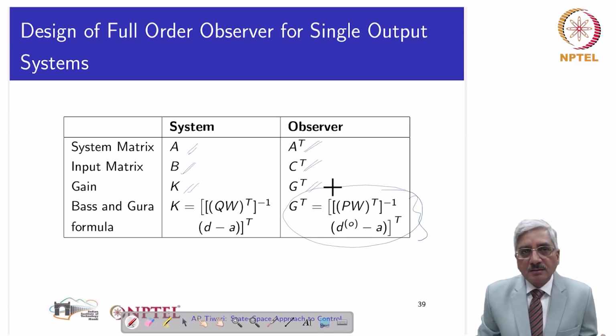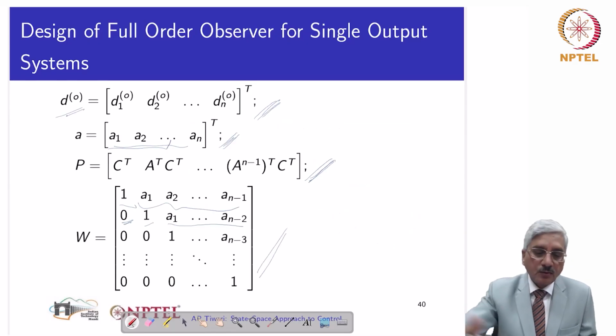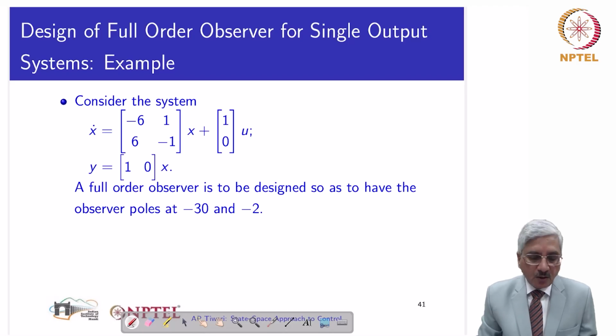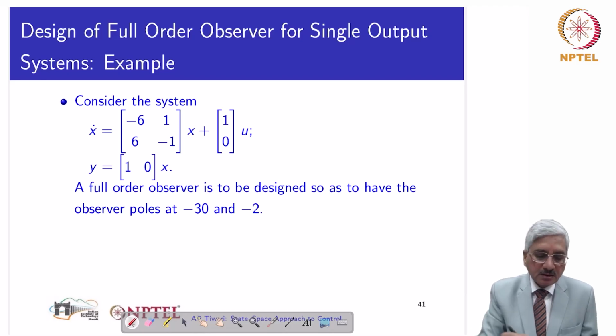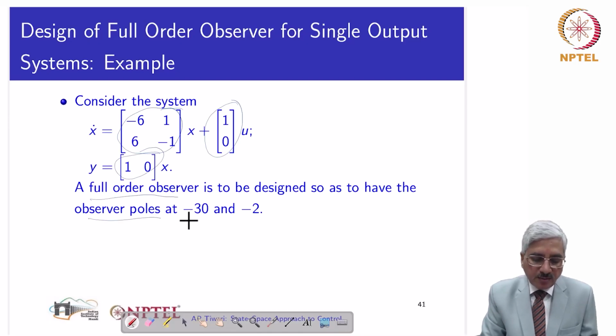The student can themselves formulate how it will happen in case one wants to apply Ackermann's formula. Now let us see this example. We consider this system in which the system matrix is this, the input matrix is this, and the output matrix is this. And we intend to design a full order observer so as to have the observer poles at -30 and -2. Now if you see the poles of this system, they will be at